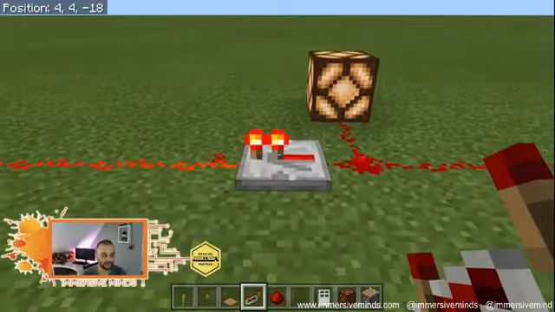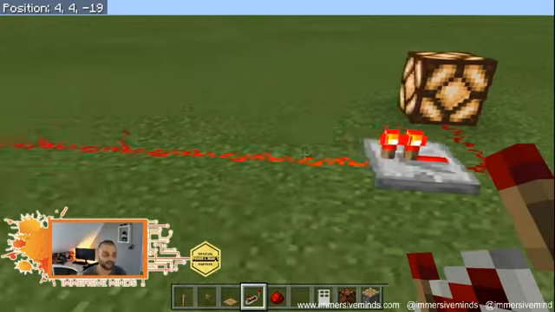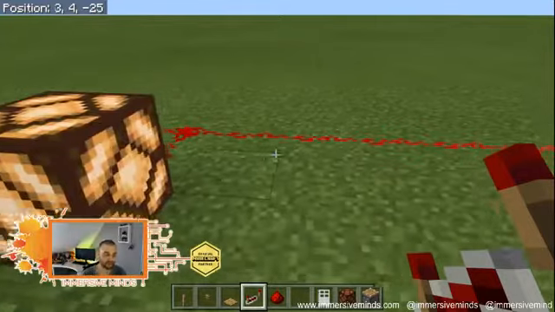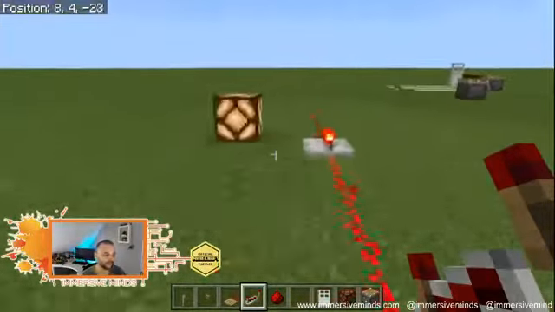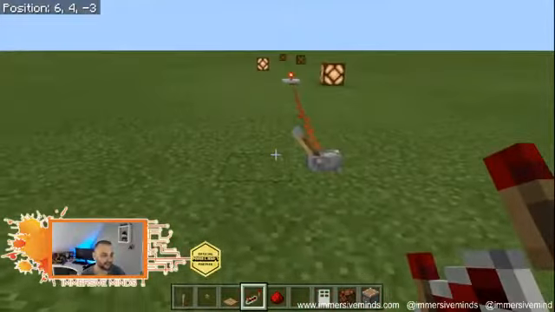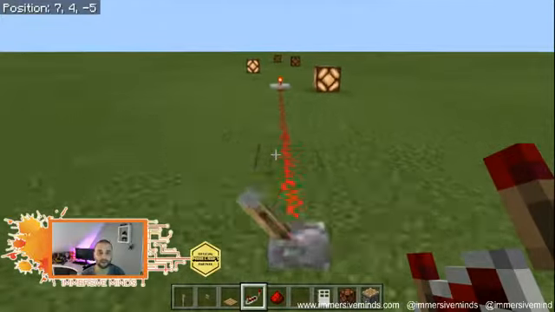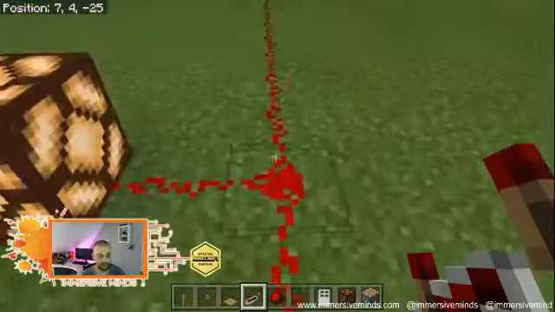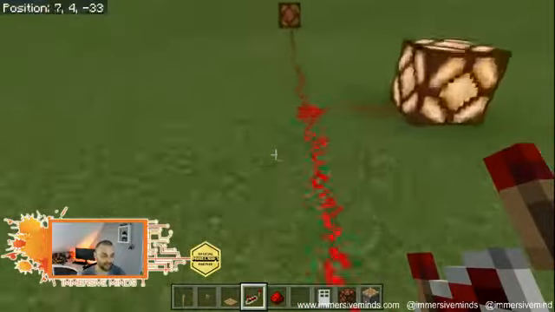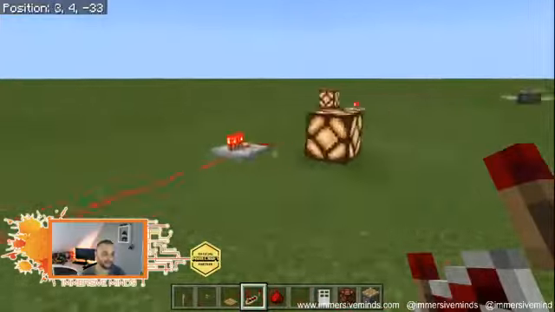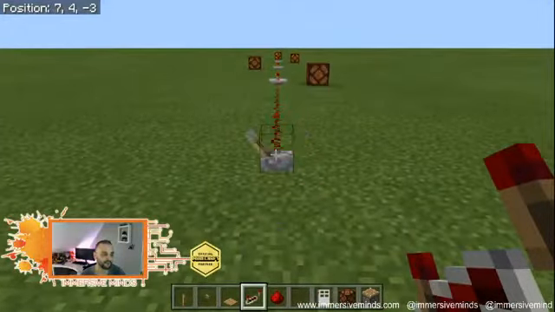I'll tell you about these buttons in a second, because I'm going to show you a model of what our children did in Turkey with this. But you'll see that the next one's now lit up. So if I go back to the beginning and pull this lever, you'll see that we now have two lights instead of one, courtesy of the redstone repeater. Now I'm going to go to the end and add another redstone repeater, and another one here. That means I have a live signal all the way along. And if I pull the button,